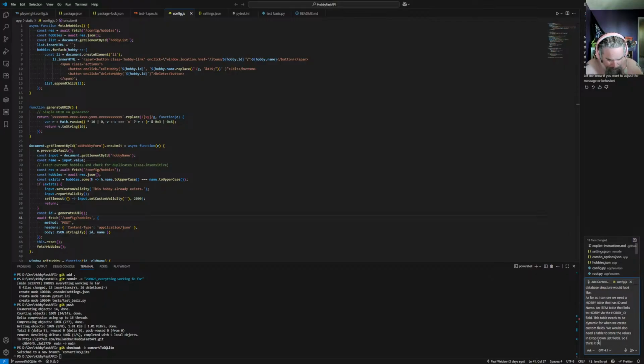I think it best if that table has ID and then item ID. So in the item table